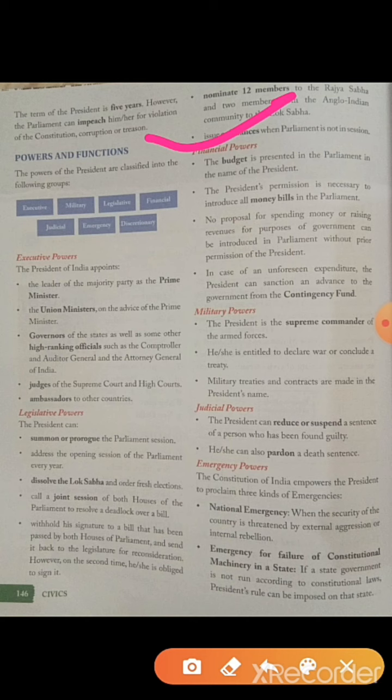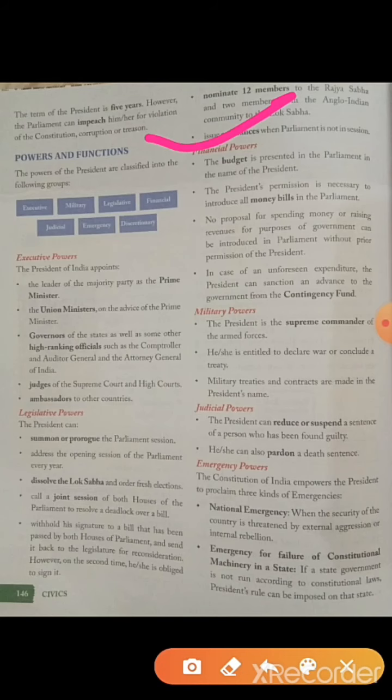Now, after this, the next point that we have to study is powers and functions of the president. The powers of the president are classified into the following groups: executive, military, legislative, financial, judicial, emergency, and discretionary. Okay, so these are